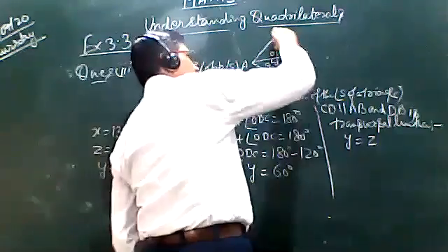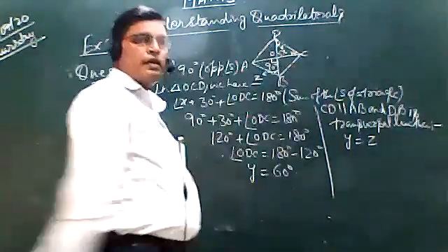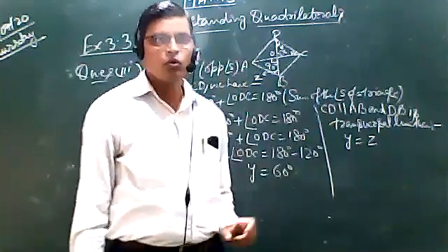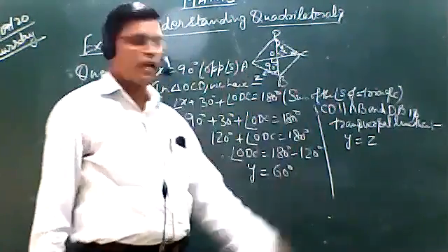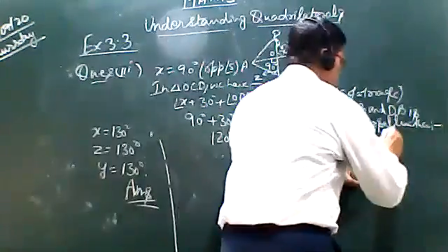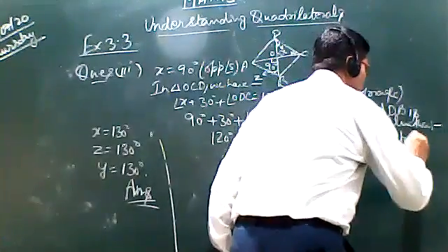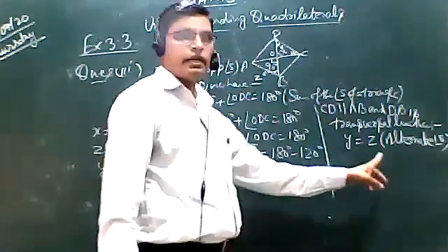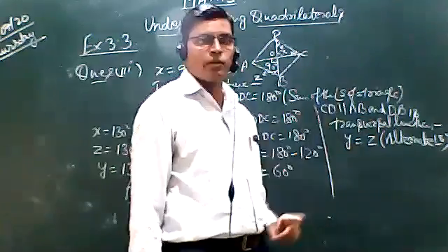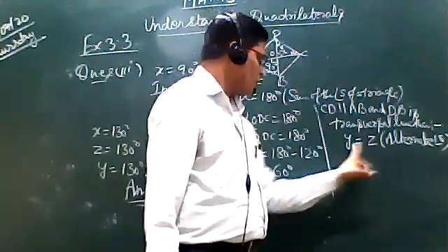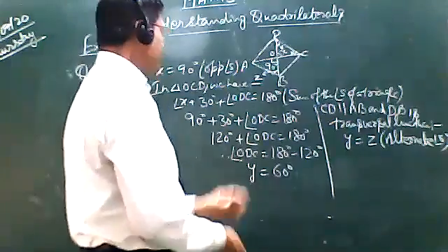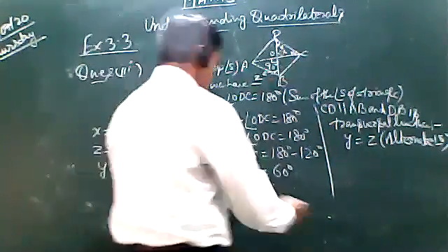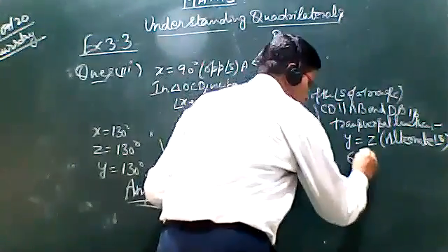देखिए Z बन रहा है, उल्टा Z बन रहा है. अगर Z टाइप का फिगर हो तो वो alternate angle, and alternate angles are always equal. So we write here alternate angles. You already studied in your previous classes. Lines and angle आप लोगों ने पढ़ा है. That these are alternate angle, and now we find the angle Z. Y को हमने find कर लिया है, तो मैं लिख रहा हूँ Y की वैल्यू यहाँ 60 degree equal Z.